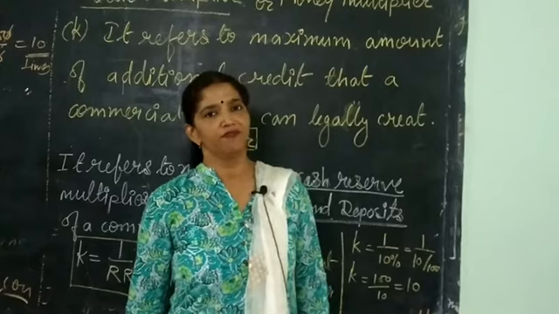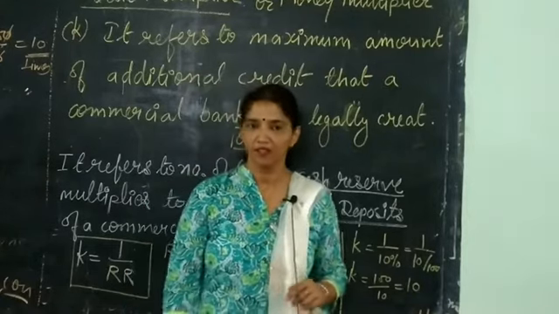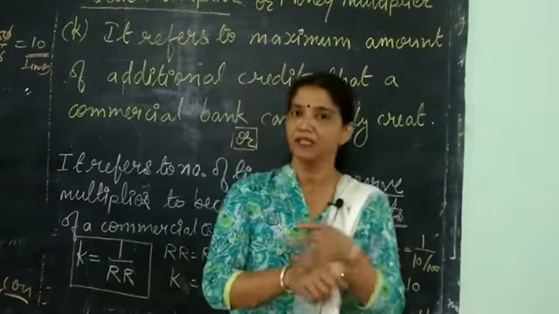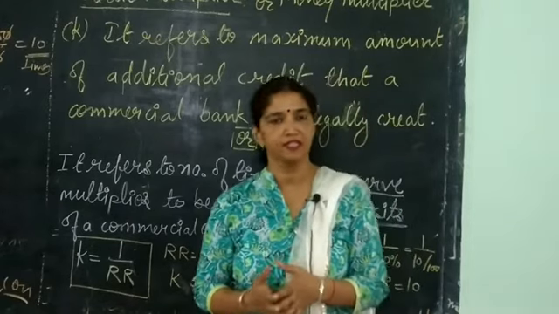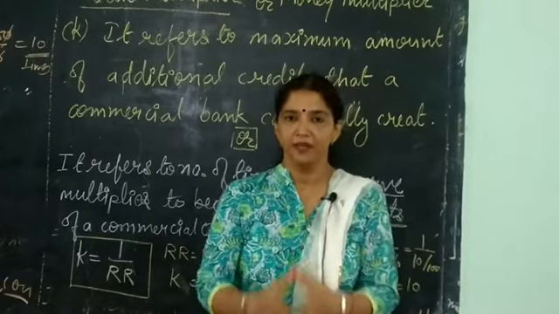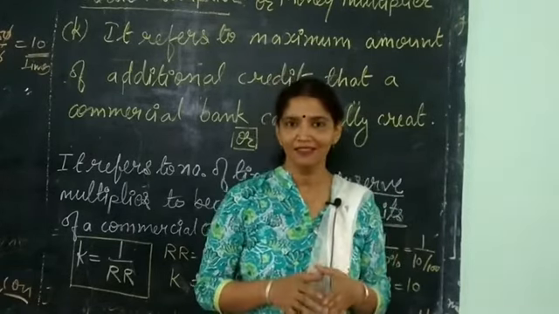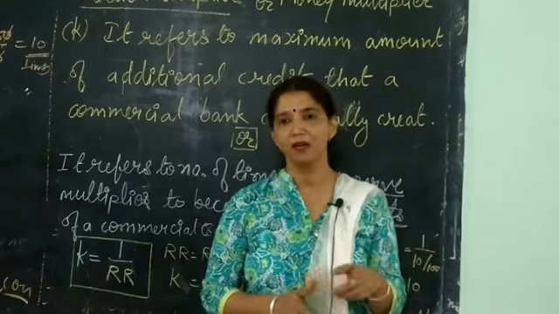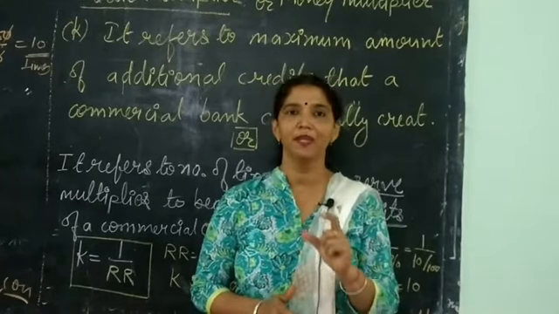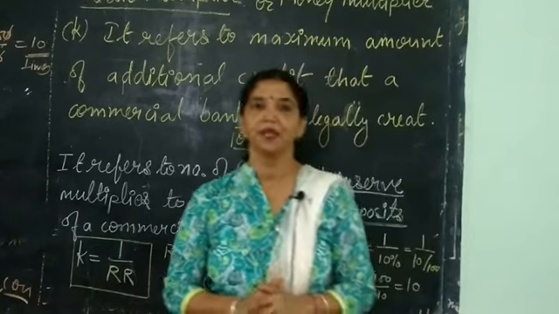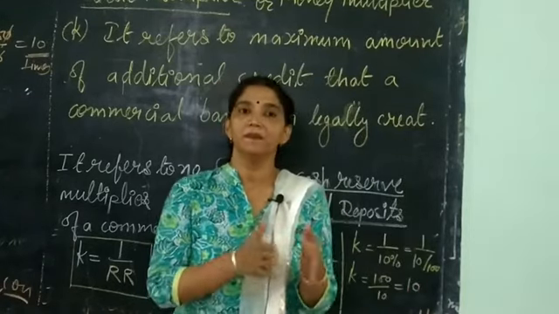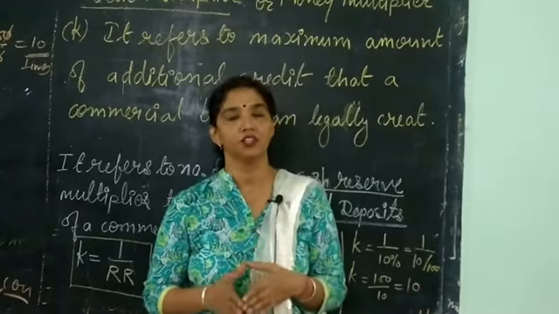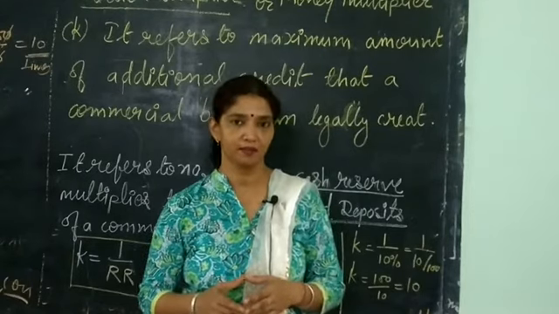Commercial banks perform mainly two functions. The first one is accepting deposits and the second is lending and borrowing. Other than this, they perform one more function, that is helping in credit creation. But what is the procedure of credit creation by commercial banks?